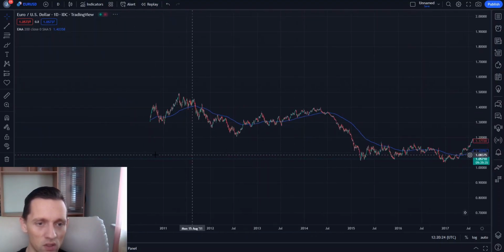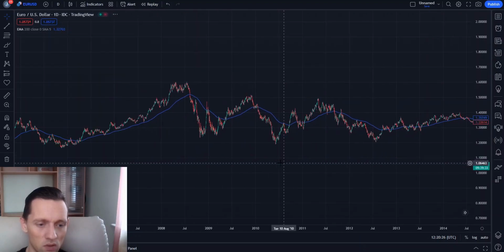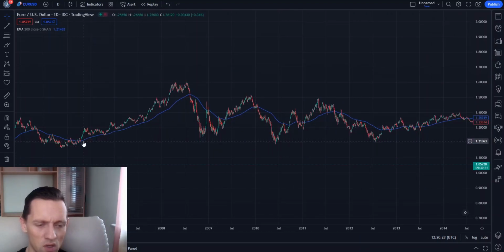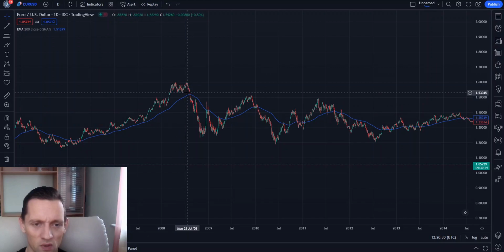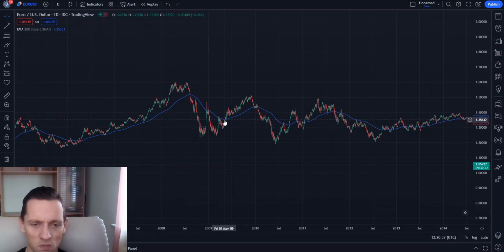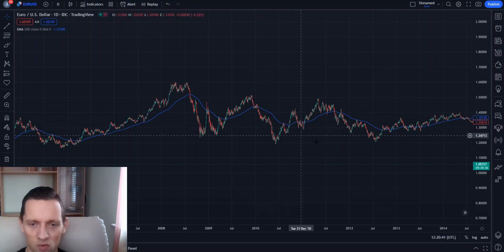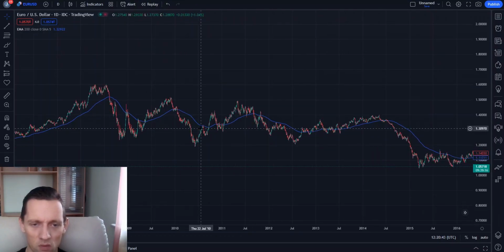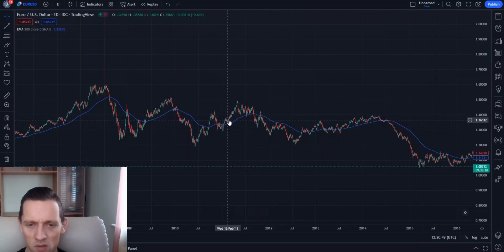Let's start with something good. I will give you context, and here are the markets from 2006 to 2008. One group of uptrend from here to here, then a couple of downtrends in the midst of the financial crisis, and then when markets recovered you could get one uptrend and one downtrend. Then still here a couple of mediocre trends, but still good ones in early 2010 to mid 2010, then